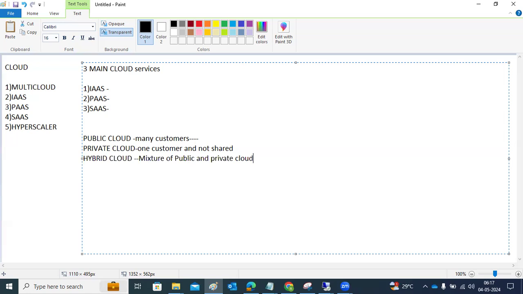We may already have some services in on-premise systems, in your own data center, but you want to explore the cloud, so you can go for that. That is called the hybrid solution, where some services are on-premise and some are in the cloud. So these are the main cloud terminologies: public cloud, private cloud, and hybrid cloud.